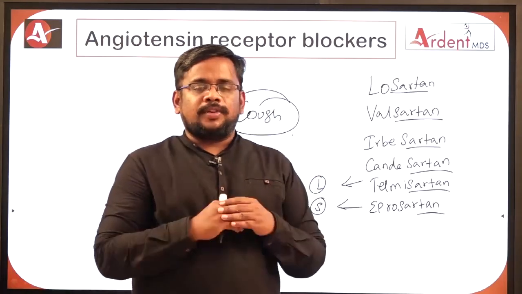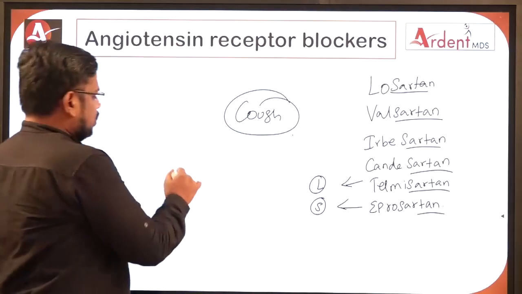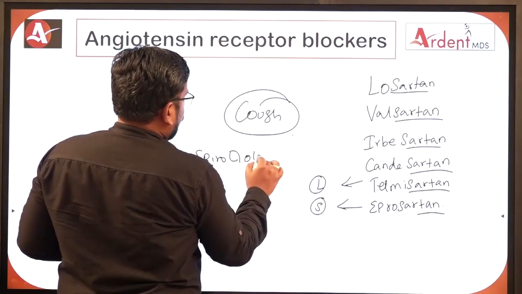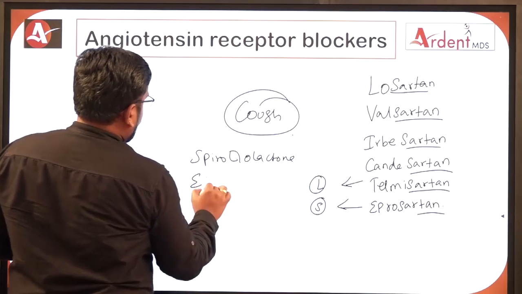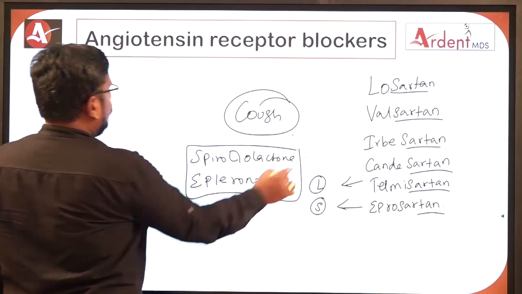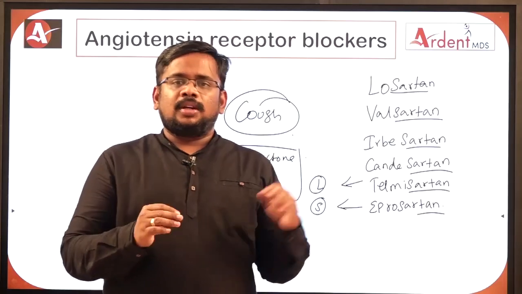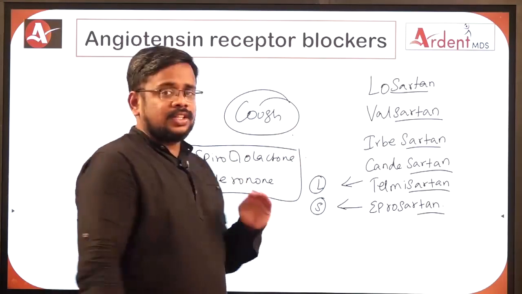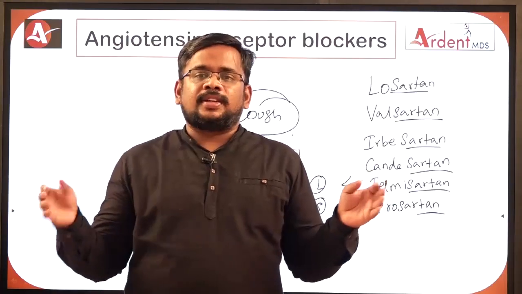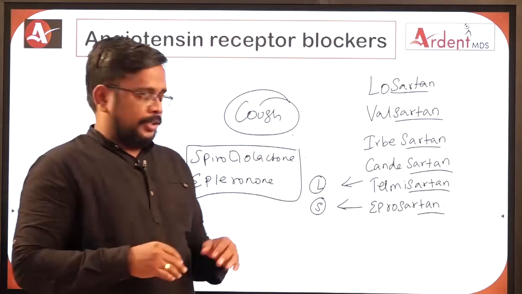The last group of drugs is aldosterone antagonists in RAAS. Examples for aldosterone antagonists are spironolactone and eplerenone. Aldosterone promotes sodium and water reabsorption, so by giving these types of drugs we decrease the sodium and water retention. So these are the various categories of drugs which we block to inhibit the renin angiotensin aldosterone system, right?